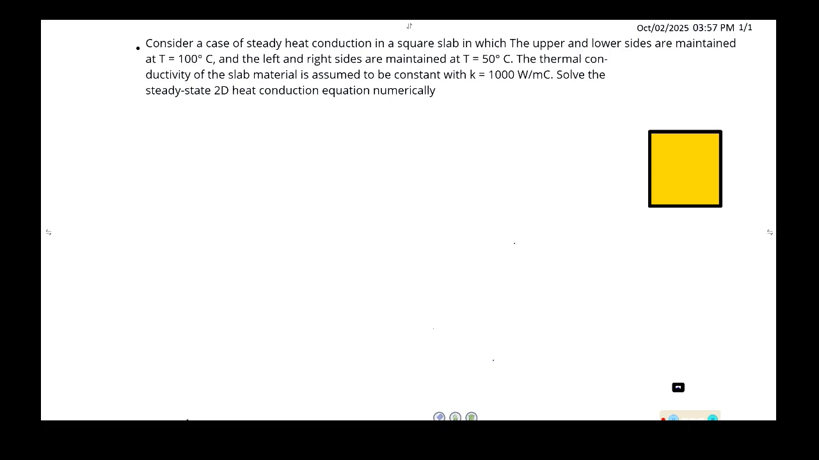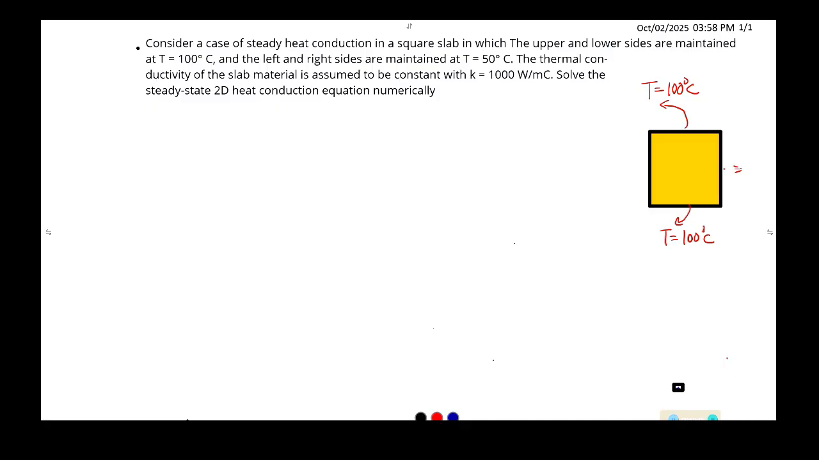So let's try to solve the two-dimensional steady state heat equation. That equation we also call the Laplace equation. We have been given the problem that there is a steady heat conduction in a square slab. It is shown, and the upper and lower sides are maintained at T equals 100 degrees centigrade. Therefore, the temperature on the upper boundary is 100 degrees centigrade, and the lower boundary as well is 100 degrees centigrade,